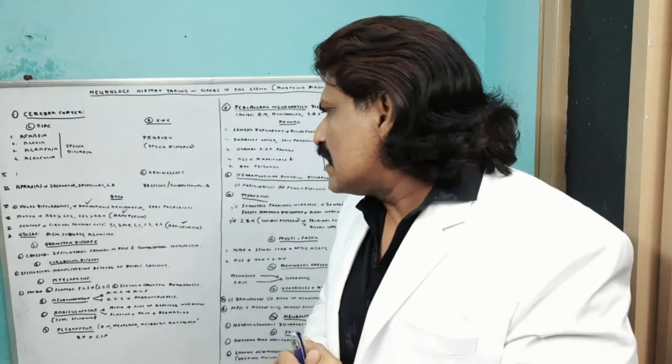But if there is pure hemiplegia or pure hemesthesia, the lesion has to be only in the internal capsule, because they are supplied by different areas. But if they are conjoined together, it could be anywhere in the internal capsule or the cortex. But if they are separate, pure hemiplegia or pure hemesthesia, it has to be in the internal capsule.